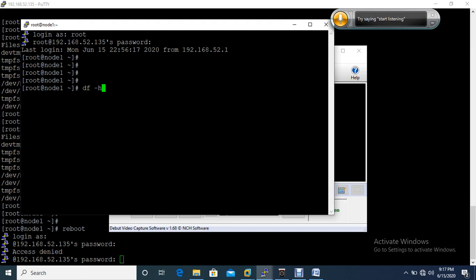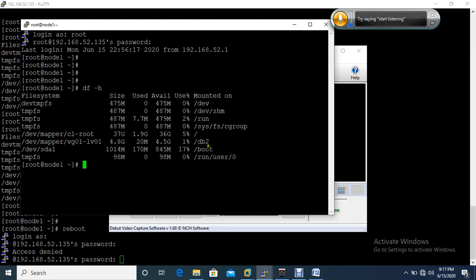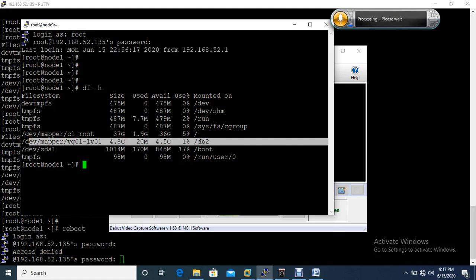Let me see that. Yeah, you can see this coming automatically. So this way you can add an entry in fstab.